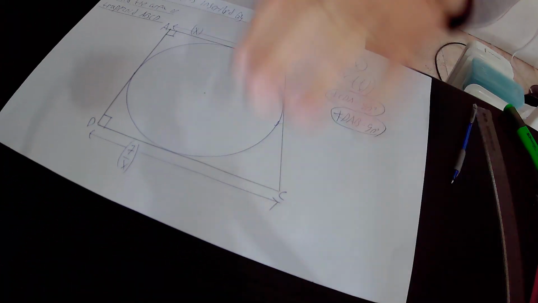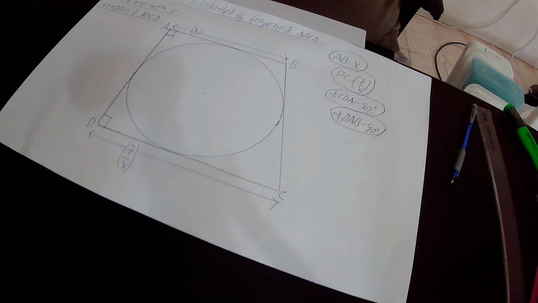Hello, in this lecture we find out the area of trapezoid ABCD. In the drawing we have a circle that is inscribed by this trapezoid ABCD. In addition, we know that